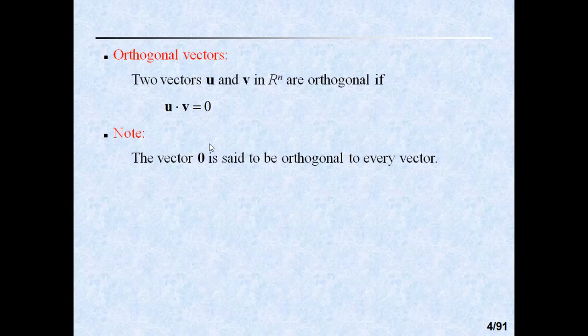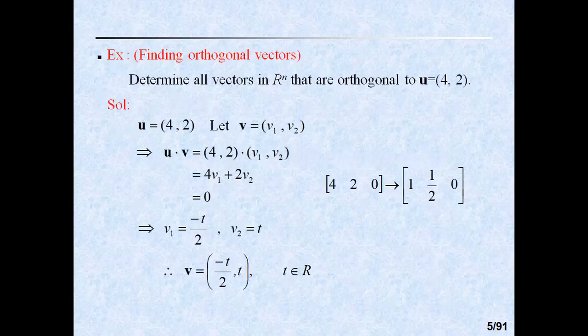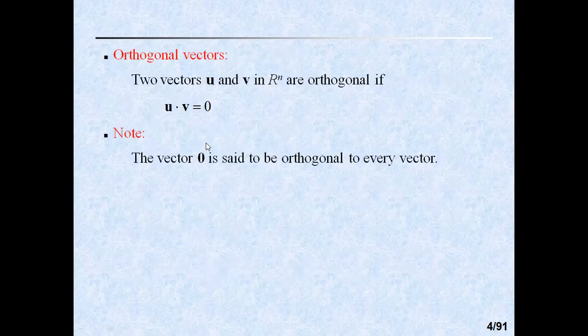One of the vectors can be taken as a 0 vector, and the other as a non-zero vector. The 0 vector dot another non-zero vector will be 0. That's why the 0 vector is said to be orthogonal to every non-zero vector, because the 0 vector dot any other vector gives 0. That's why the 0 vector is said to be orthogonal to every vector of the space R^n.